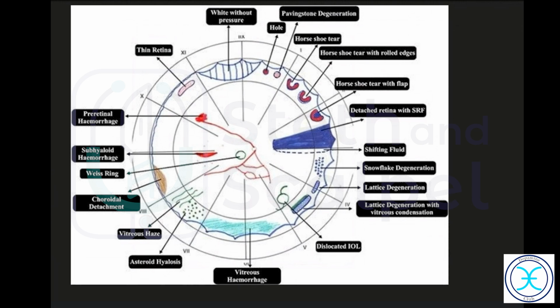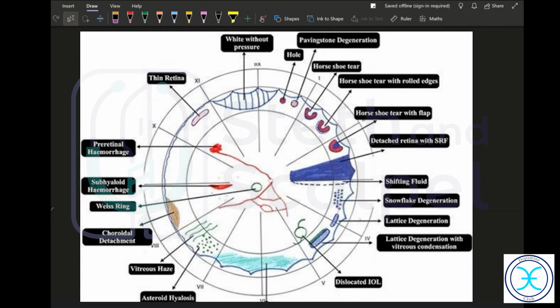Other than this, if you want to know about the retina, you need to know in detail about retinal function tests. So vision, we know about near vision, far vision. There are other parts of vision like contrast, field of vision, color vision. These are not taught to us at UG level, they're reserved for PG. So you can read about them a little bit. These are most of the important questions which will 100% appear in your university exams.